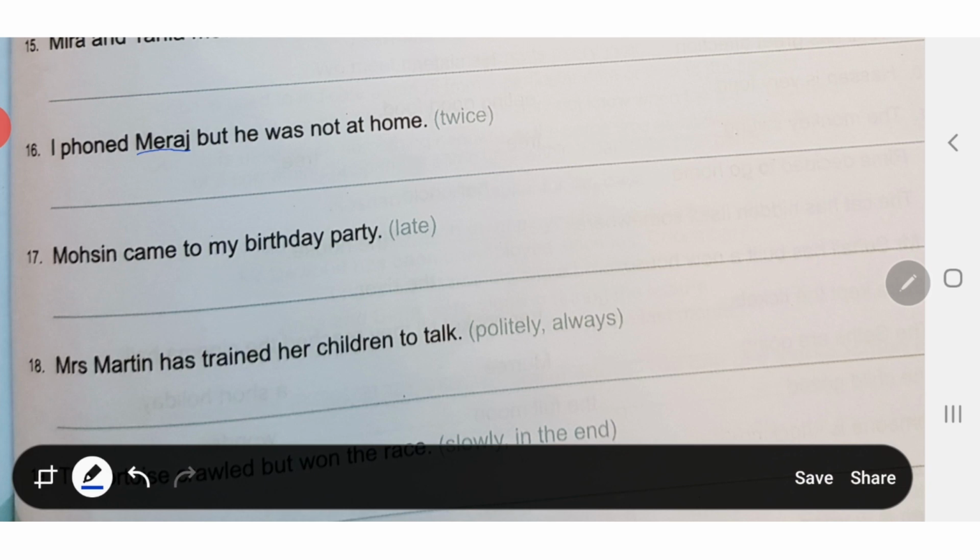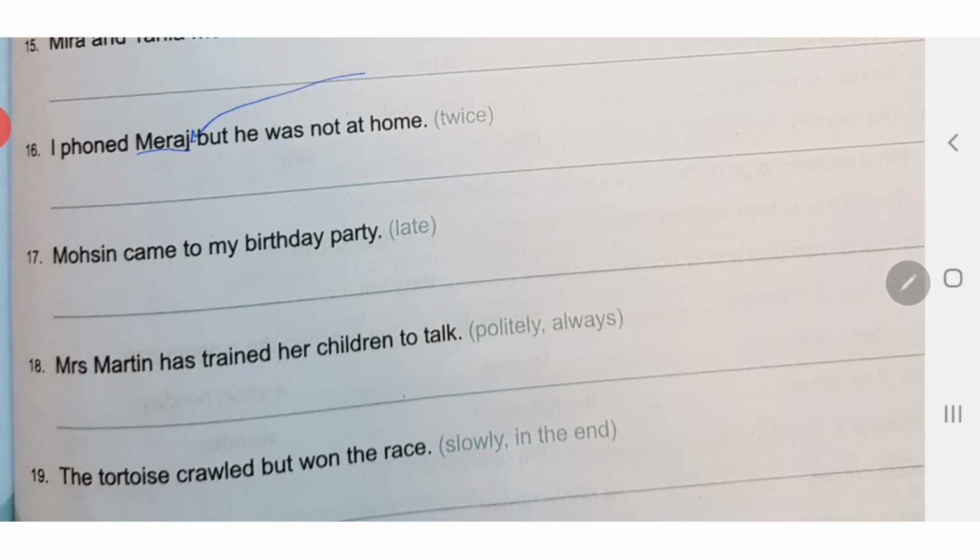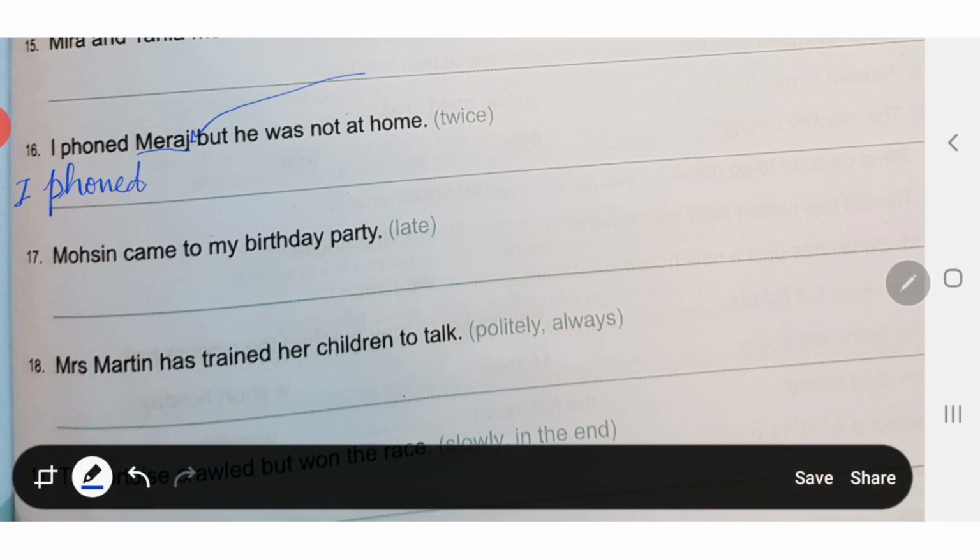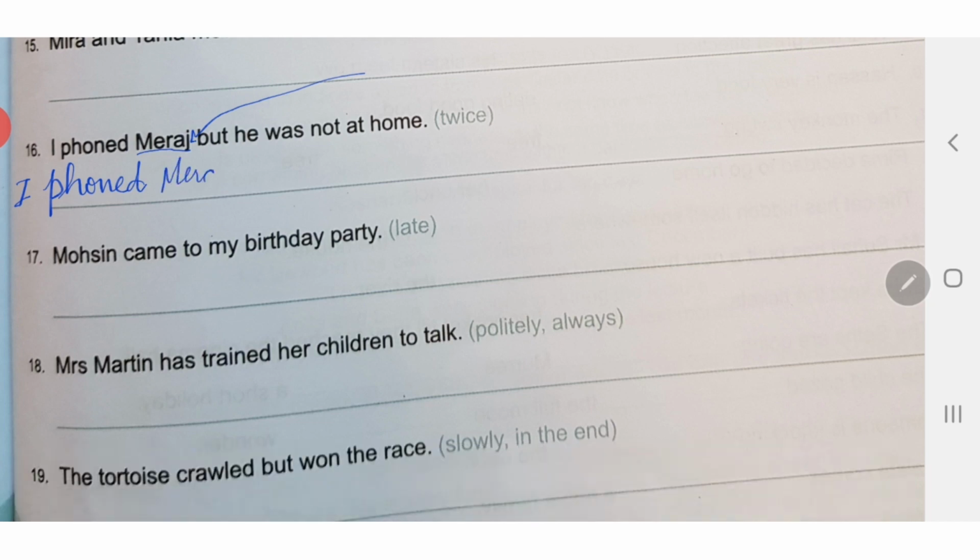Anyways, here we'll be putting this adverb after Mirage. So it will become: I phoned Mirage twice. So here we will be putting it after the